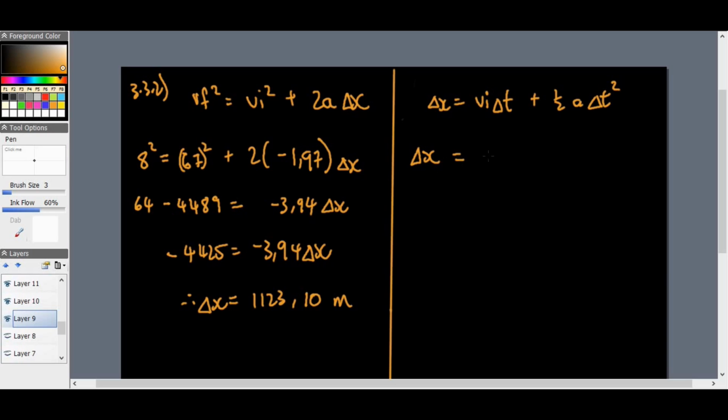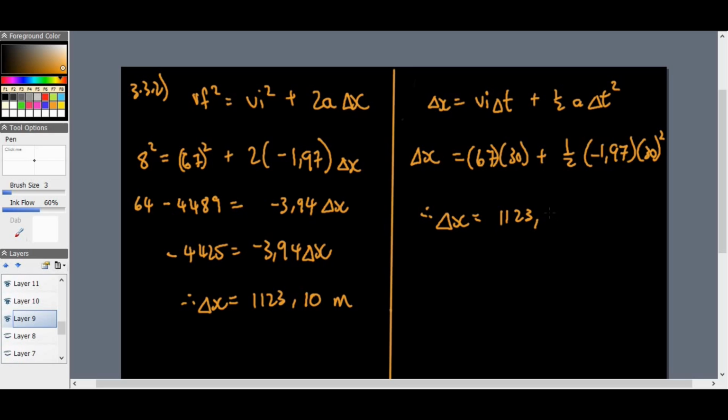Okay, so delta X is going to equal VI, which was 67 times 30, plus half of the acceleration, which is minus 1,97 times 30 squared. Okay, so that looks like a straight enter on the calculator, and then we should get an answer for delta X. Okay, so let's do that. 67 times 30 plus half of minus 1,97 times that by 30 all squared. Right, let's see. We get